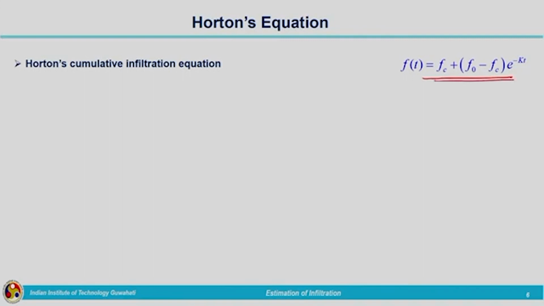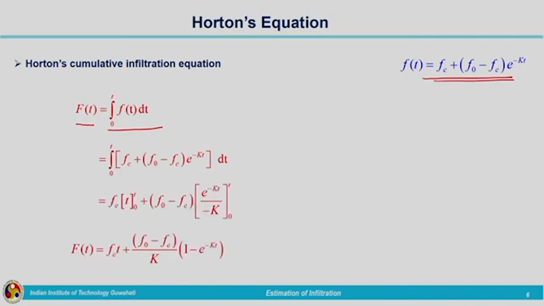The relationship between the infiltration rate and cumulative infiltration is known to us. Just integrating the infiltration rate curve will give us the cumulative infiltration. So, this is our infiltration rate curve, and if we integrate with respect to the time limits, we will get the cumulative infiltration. Capital F of t is given by integral 0 to t small f of t dt. We will just substitute for small f of t over here and integrate between 0 to t,